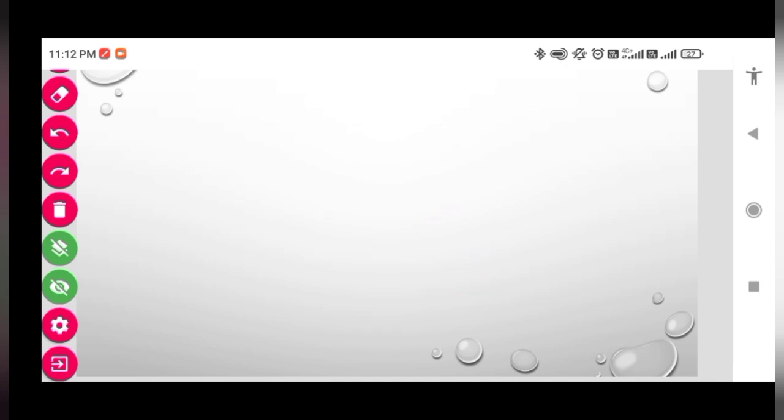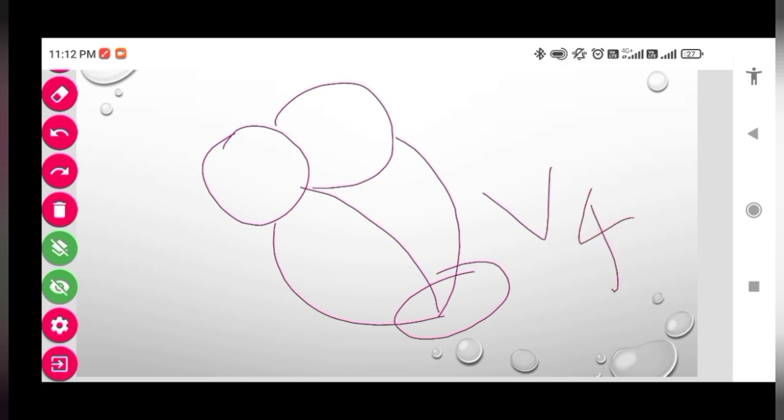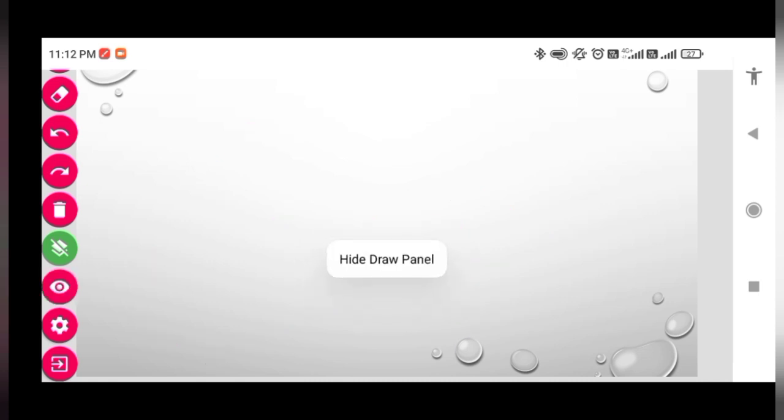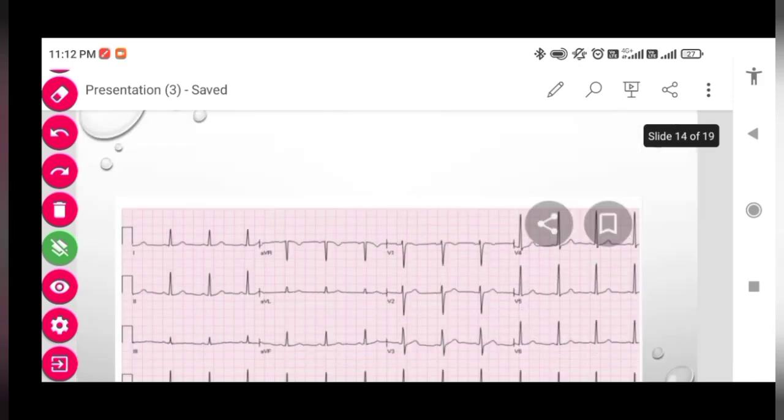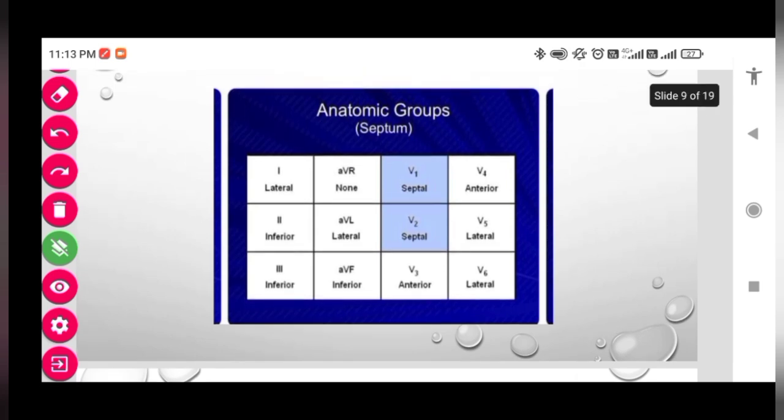Next, along with this, you see this is the heart. Apex is represented by V4, right? And the septum is represented with V1 and V2. Please remember this, right? Next, if we want to see the representation of the different leads on the heart,